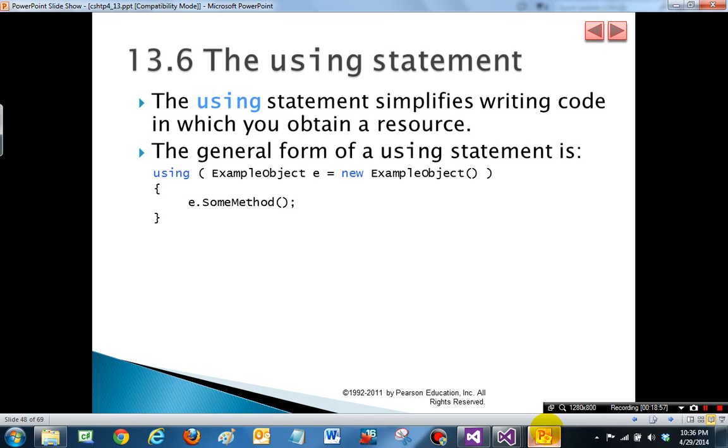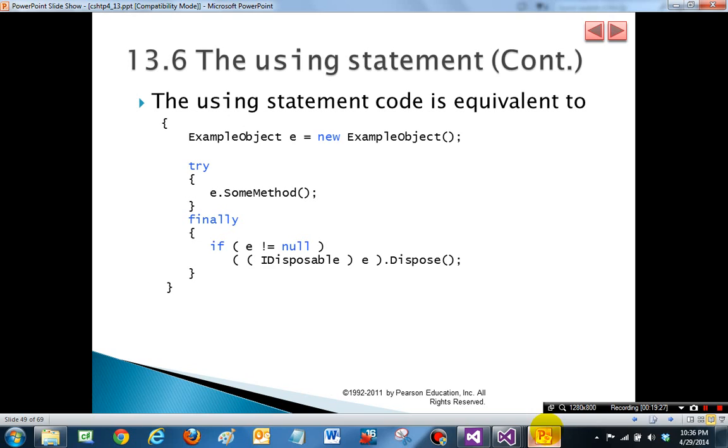There is a using statement in C# with the syntax shown. So we basically call the constructor of the object as a parameter of the using statement, and in the body of the using statement we call a method. If any exception is thrown, then this structure will catch it, because it's the equivalent of this longer code